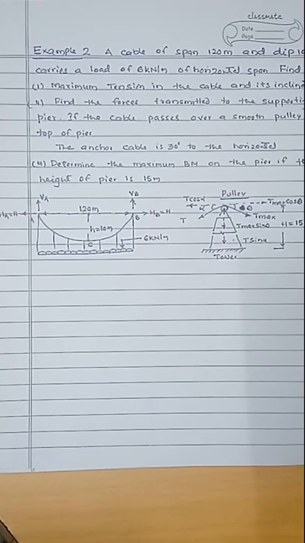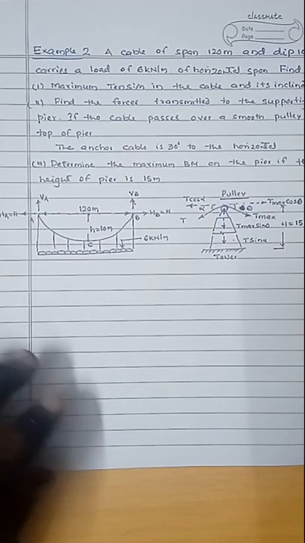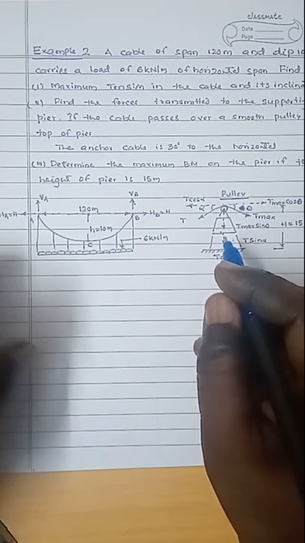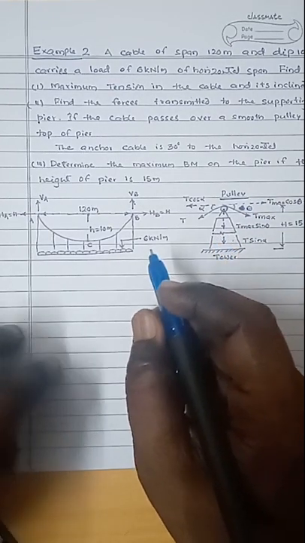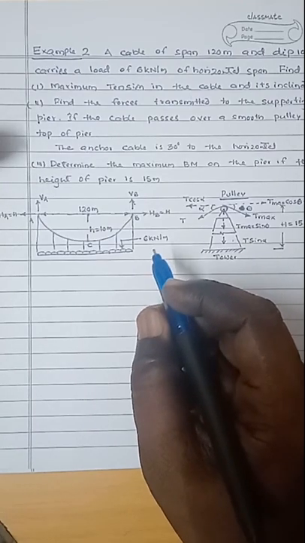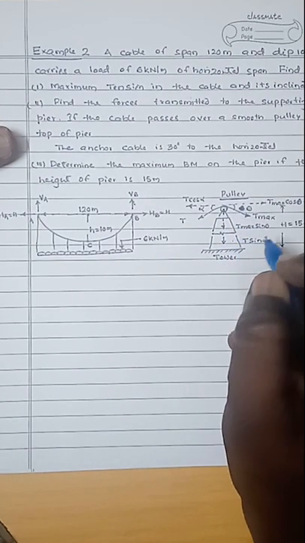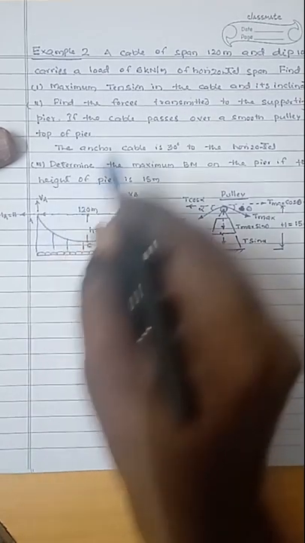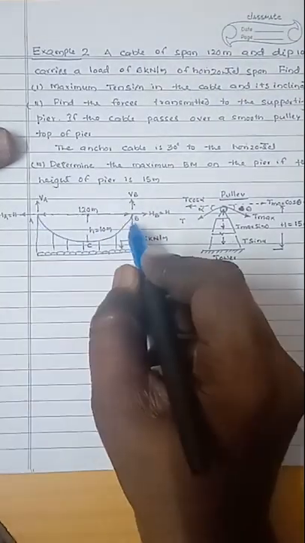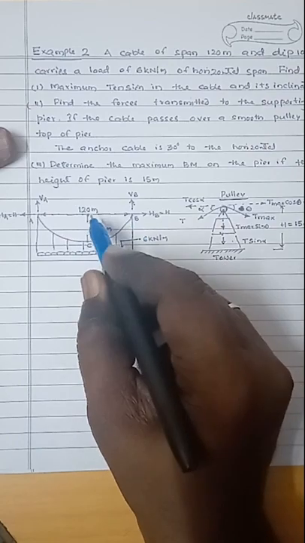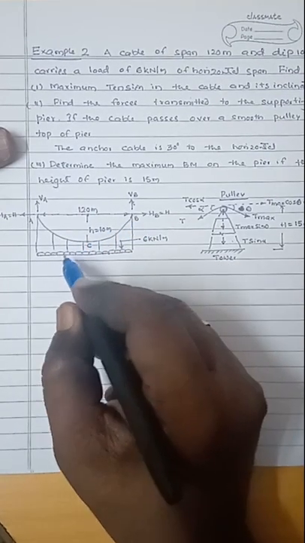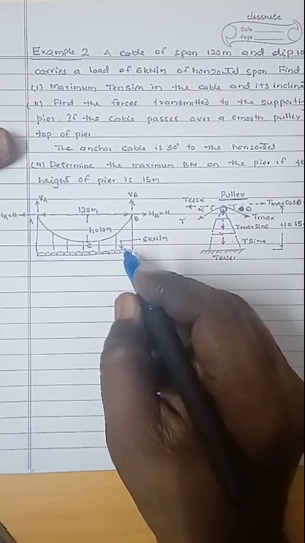Friends, in the previous example we have calculated the forces on the tower. Now we will study the forces acting on the tower and the maximum bending moment on the tower. Here the problem is, the span is 120 meter, maximum dip is 10 meter, the supports are at the same level and subjected to UDL of 6 kilonewton